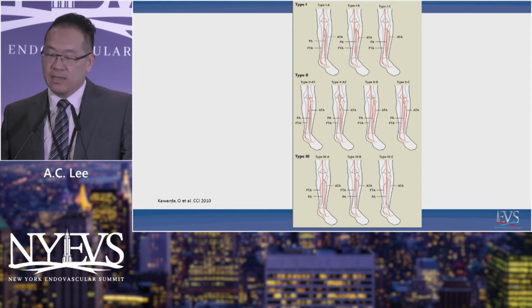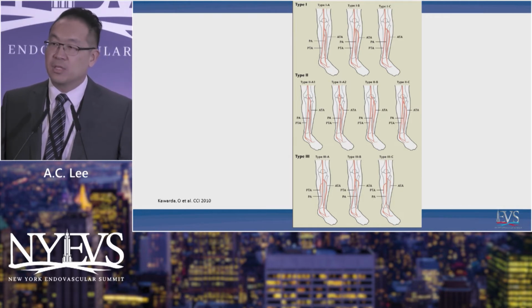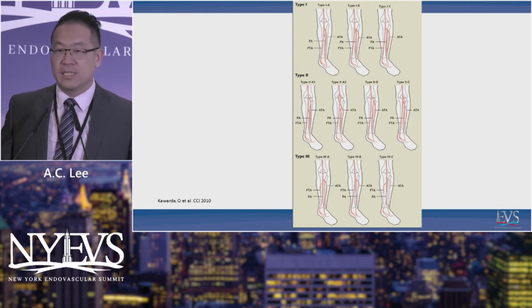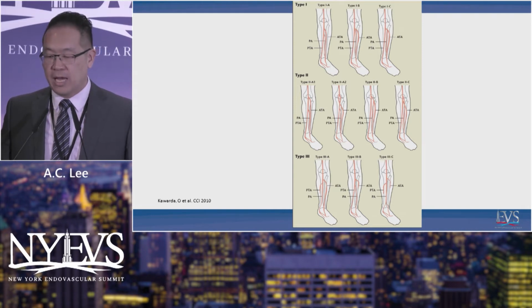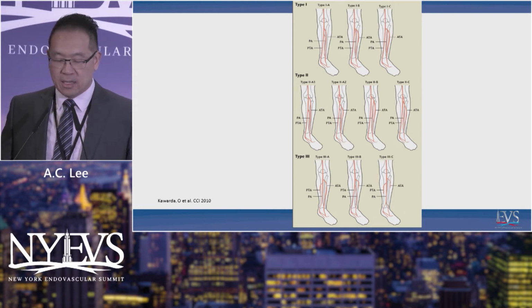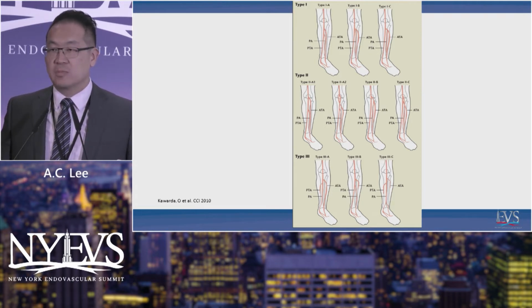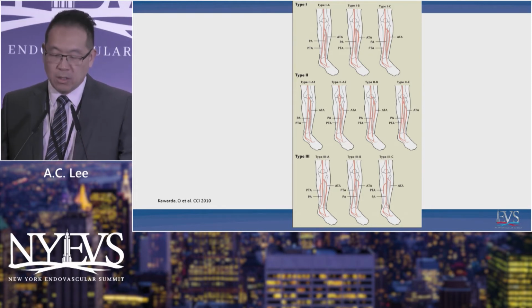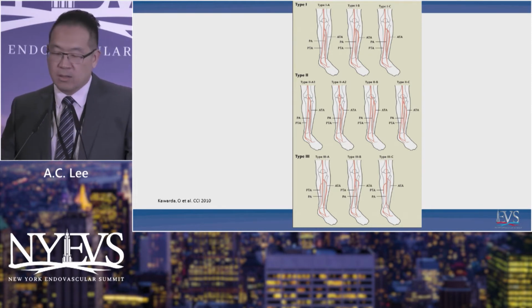and not that this is really used clinically, but just for your reference to show some of the variations that are out there. Tibial anomalies are very, very prevalent. About 10% of the patients in the population have a tibial anomaly. And I think it's important, especially when you're dealing with disease and chronic total occlusions, to suspect a tibial anomaly when things aren't going the way you think they should be, or your wire or catheters are not tracking